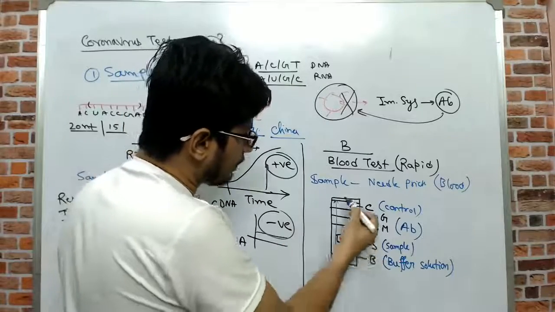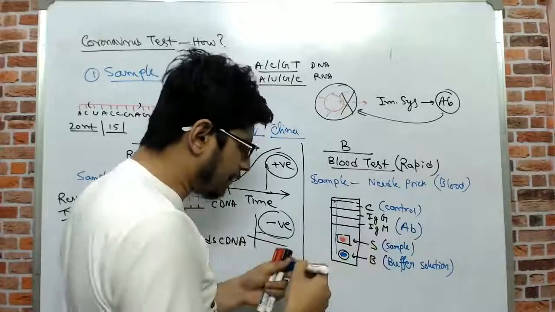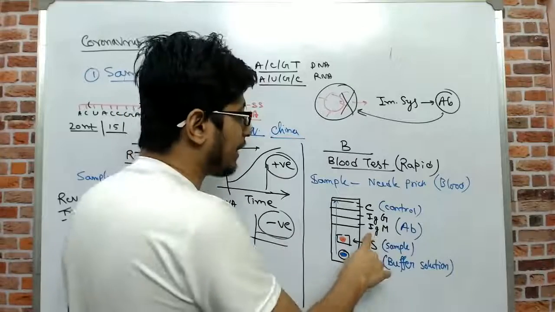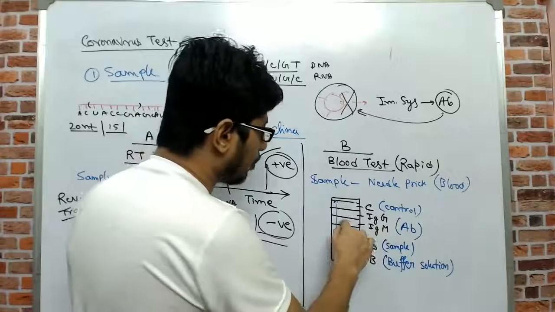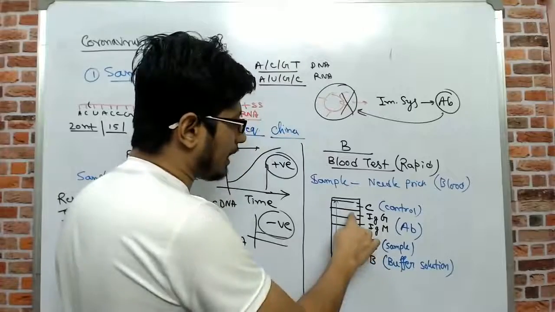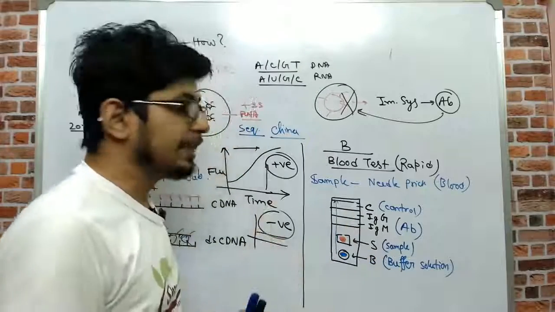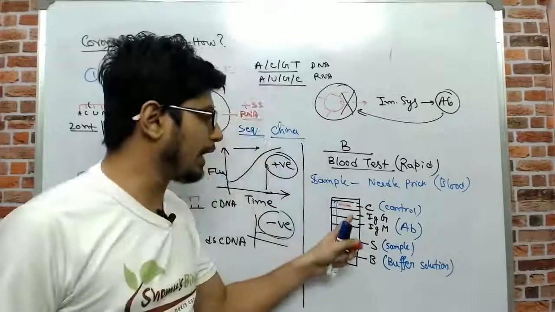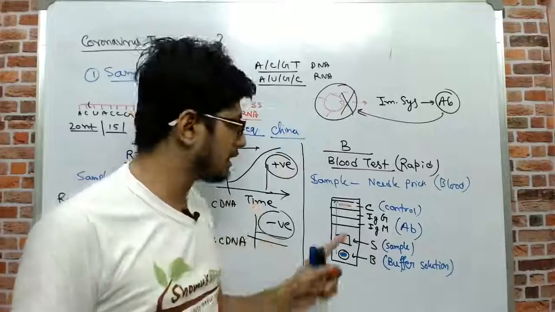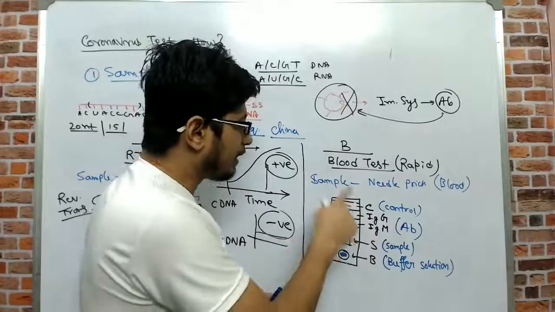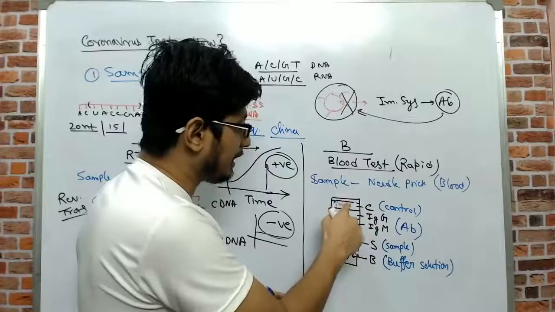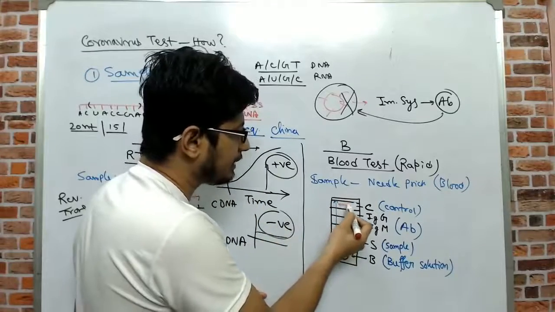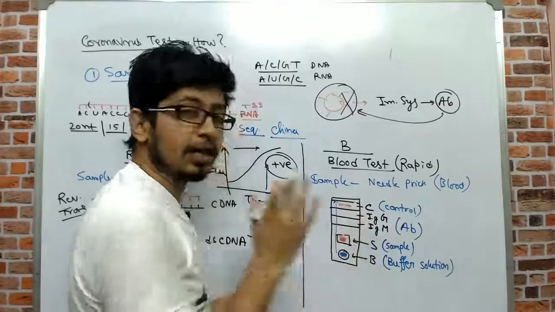Now this blood is going to be dragged by the buffer solution, and if you have the antibody against the virus, either IgM antibody or IgG antibody, it is going to show a line in the IgM or IgG section. Another thing is that there must be a line in the control section. A line in the control section provides information that the blood has been taken till the end of the strip. That means the test is running correctly.